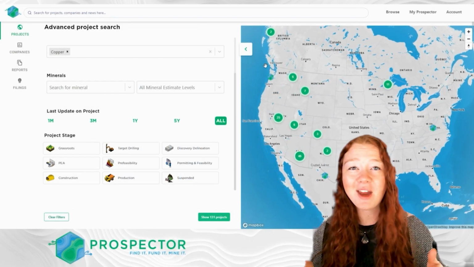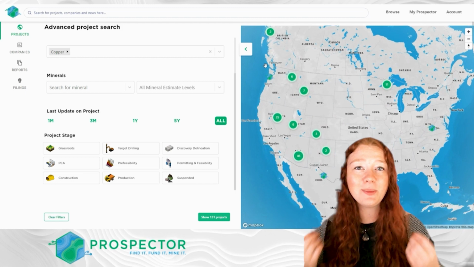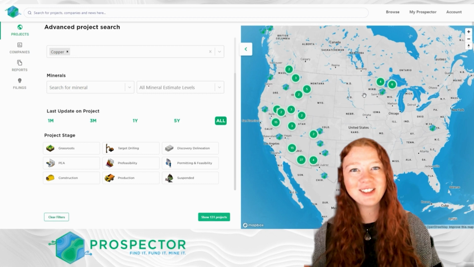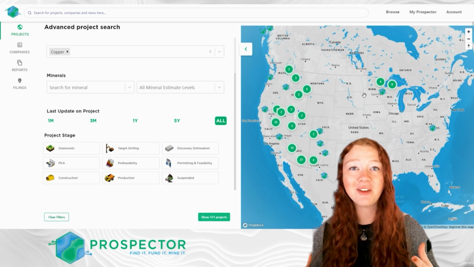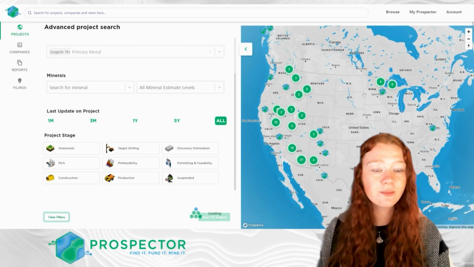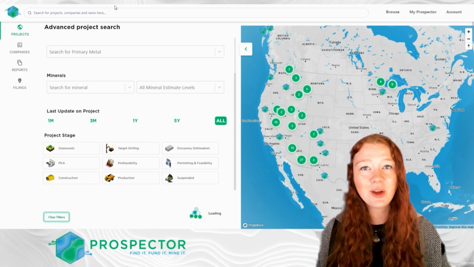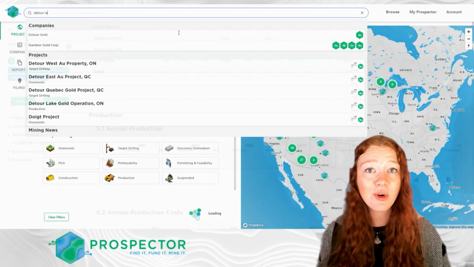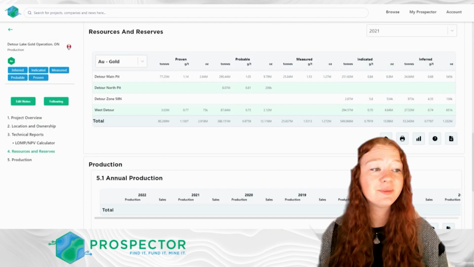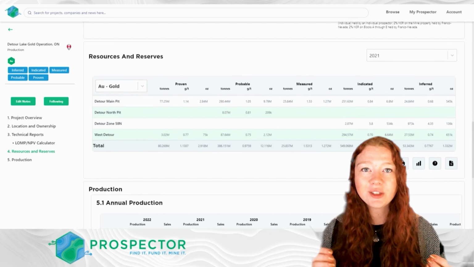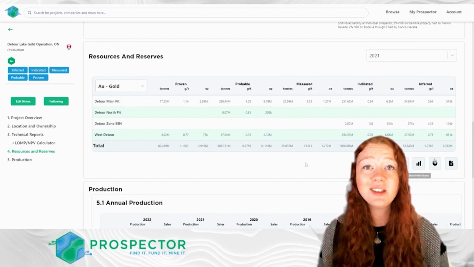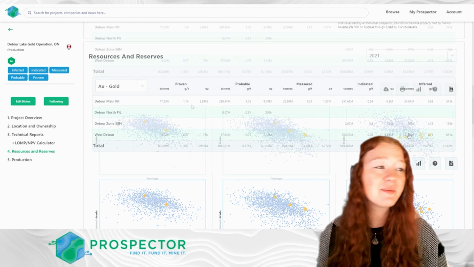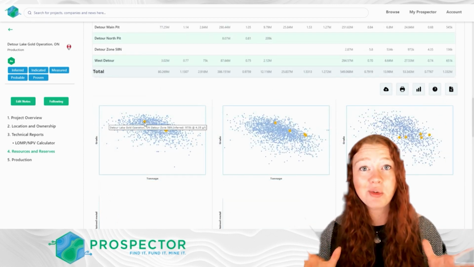So just like that, in a matter of minutes, you were able to create a visually appealing graphic for your different needs. Prospector also has data graphics available within the platform itself that might be of interest to you. For example, if you go to a project page, you can export resource and reserve data, production data, and more information about a particular project. But we also have charts available for you that you can easily copy and paste into your presentations, social media, and more. For example, looking at this example project,